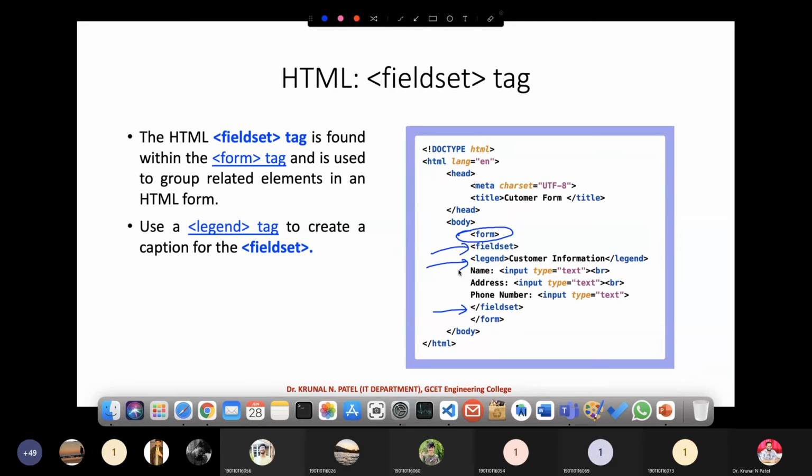As I told you earlier, if I have a form that contains 3 different sections, one is basic information, so that will be grouped in one group. Then I have education information, so that can be grouped. I have work experience, work related information, so that can be in a third group, right? So this is our form, but I have divided it into 3 different sections. So how can I show that? For that, you can go for a fieldset and a legend tag.